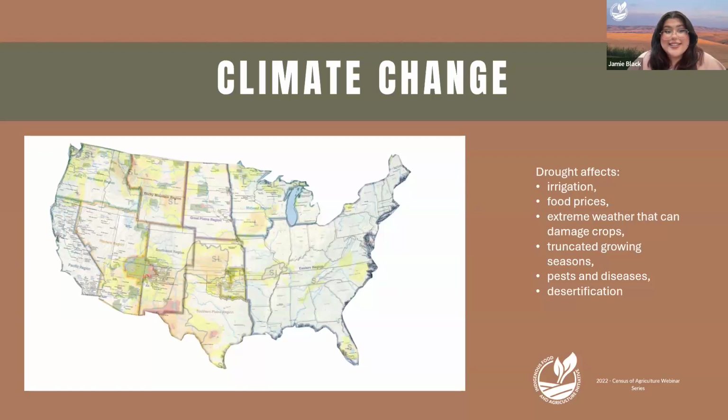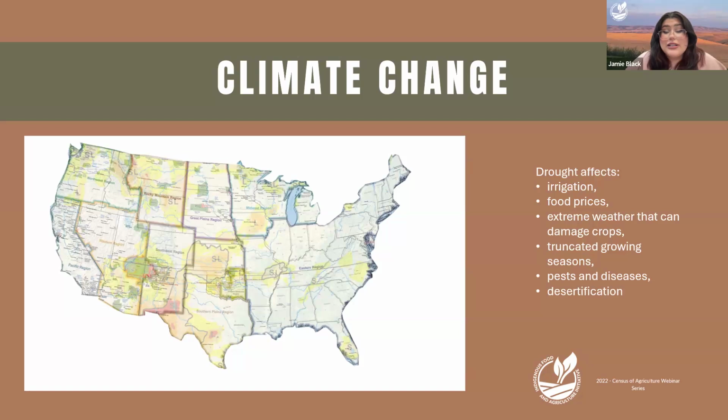And then, of course, another buzzword, climate change. Something that we have been able to see is that Indian country tends to feel the effects of climate change first, and this map is a really great visual to show that. Tish actually put this together to overlay BIA regions with drought maps. So you can kind of see where the institutional barriers are that come from that.